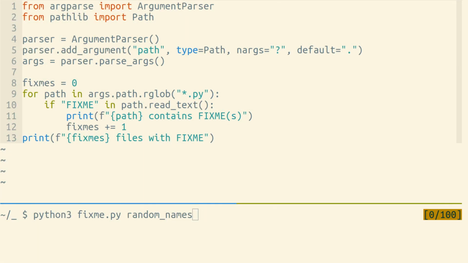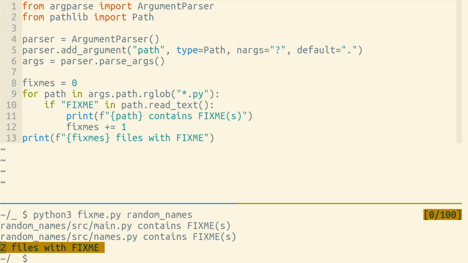What if you wanted to exit a Python program early, or indicate an error while exiting? This program is called fixme.py, and it accepts a directory name and validates that none of the .py files in that directory contain the string fixme in all caps. So if we run this against our random names directory, it prints out that it found 2 files that contain